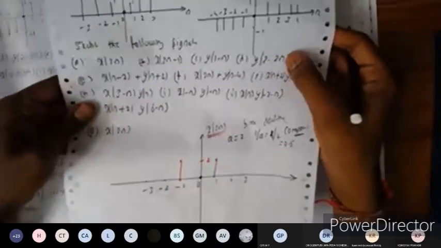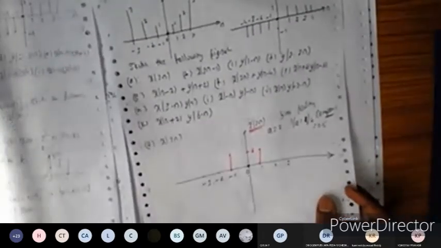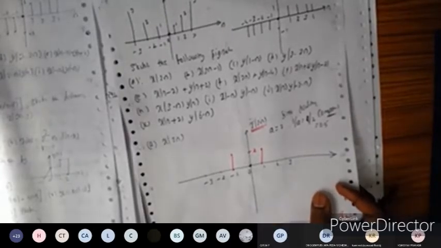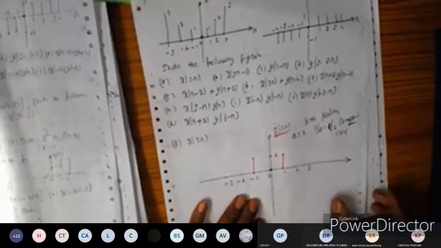So the remaining things you can do in a similar way. Just I'll show it in this one. You can do y of 2 minus 2n. So you need to perform the shifting and you need to perform the scaling operation here. Like that you can do addition, everything you can do it here. Okay. So can you do this problem as homework? Because I'll go for the next important concept here. Yes, sir. Okay. So for the discrete time, it's very simple here, so you can do that as homework.